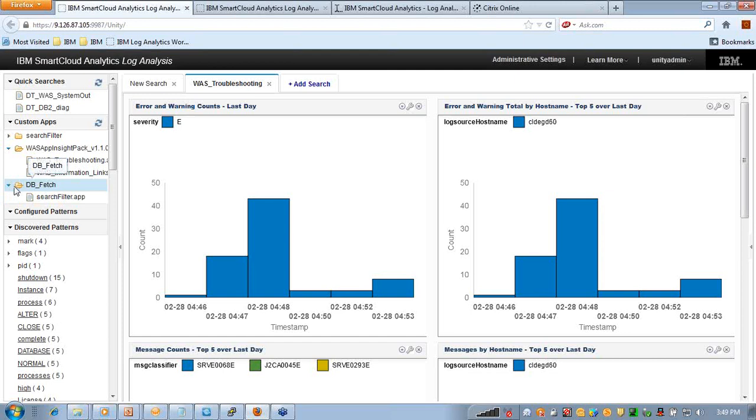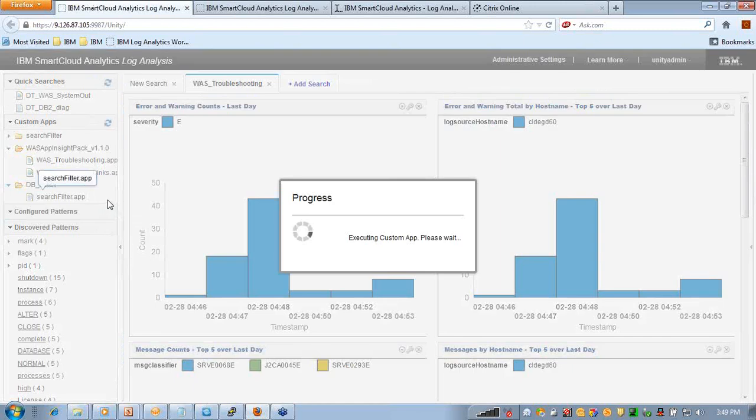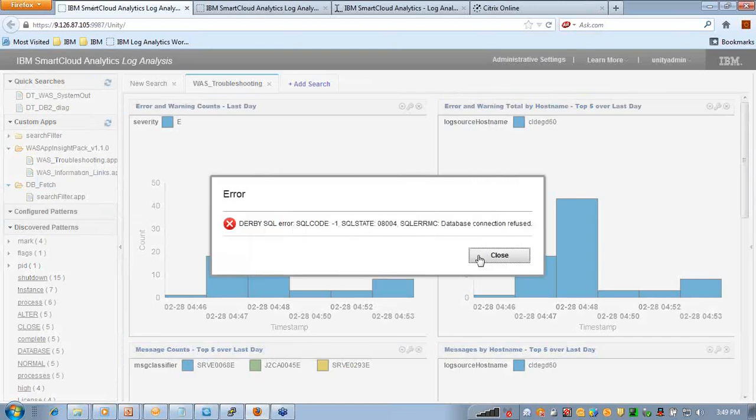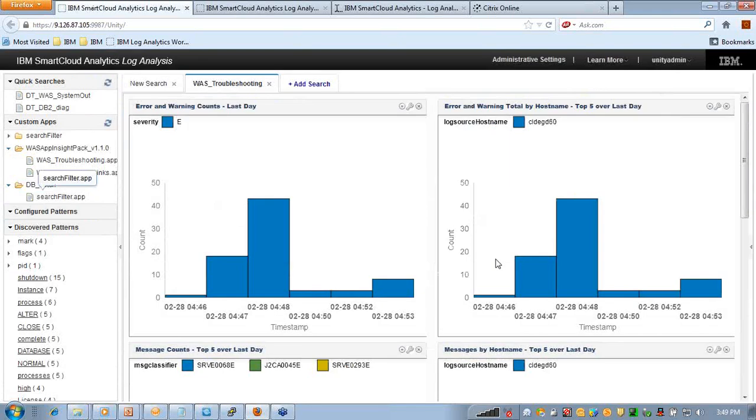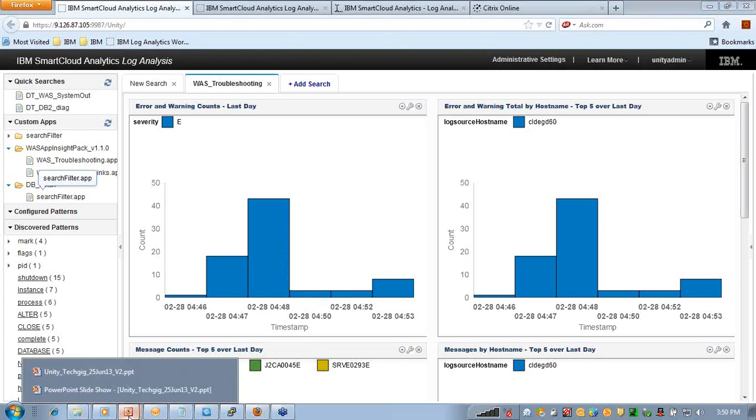Now these dashboards don't have to work only with log data. As I was saying before, it can pull in data from your database as well. So here is an example of an app which pulls data from, I can't show it now, but it can pull the data from your database and display it to you, giving insight on what is coming in from your application database. So to go back to our